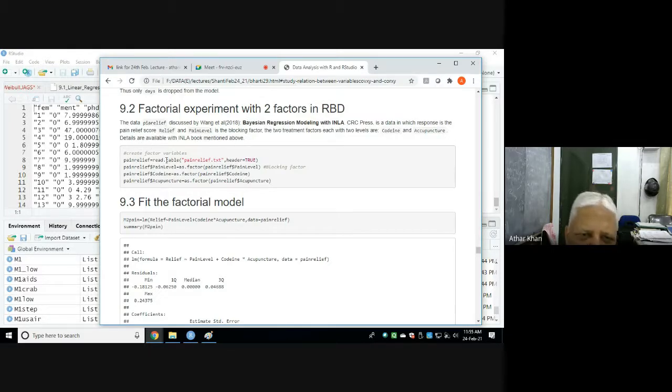This is the data frame, available with the brinla package. Here we are converting the pain level into a factor, the blocking factor. Codeine is a treatment factor, and we convert it into a factor. Acupuncture is also converted into a factor.